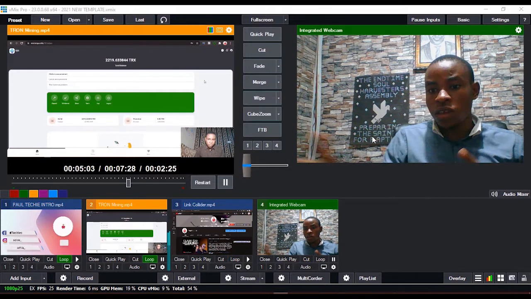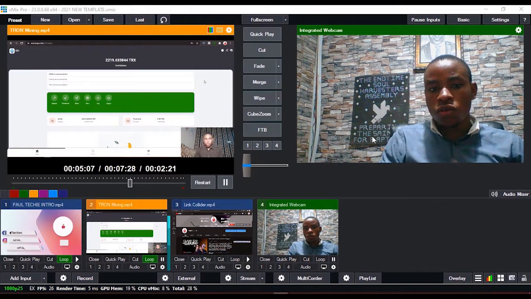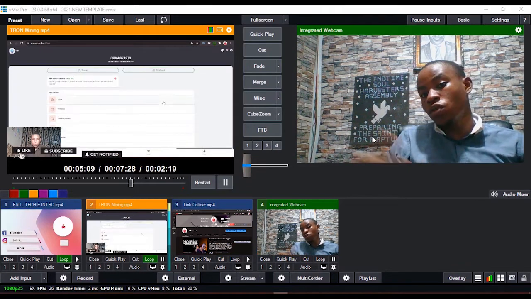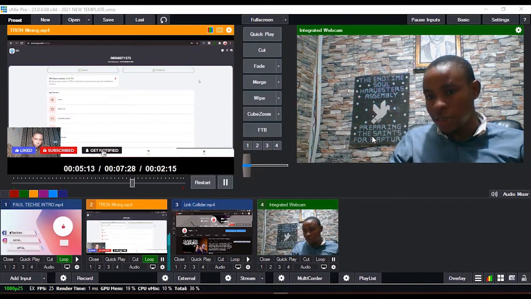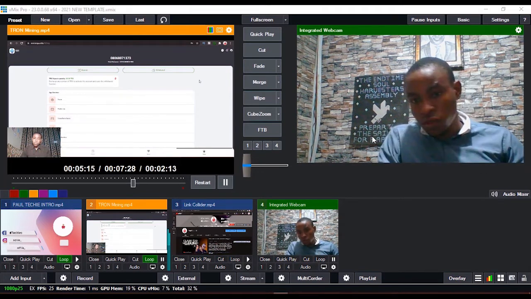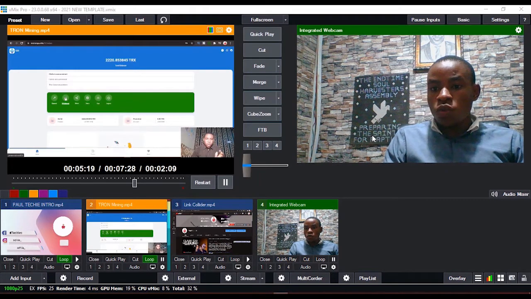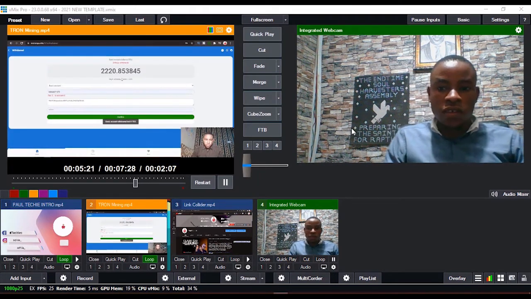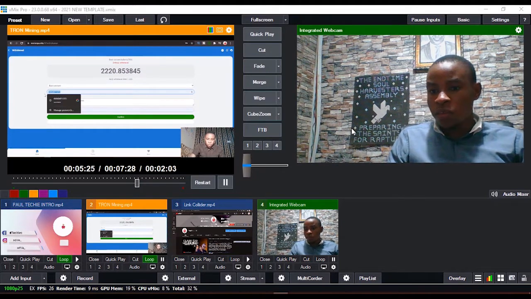Now that is where the Easy Worship 9 comes in, because it's very cool and it doesn't consume much of the system resources, because you are not doing anything of sending signal using the NDI or any option like that, and which is what I've been using. Okay, and in this video I'm going to show you how to use it with vMix, all in the same laptop. It's actually very easy, which is what we are going to be looking at in this particular video.